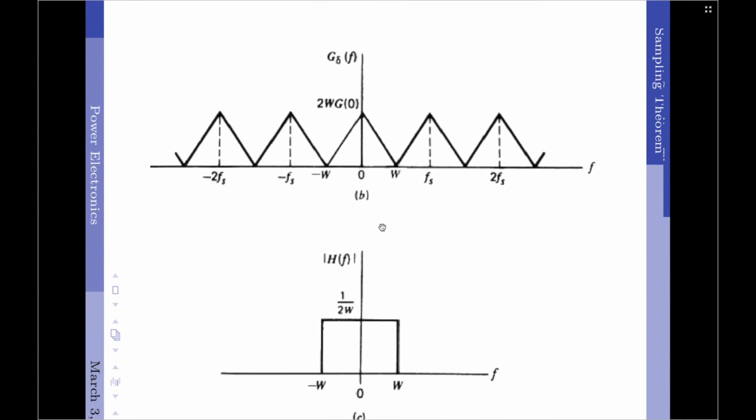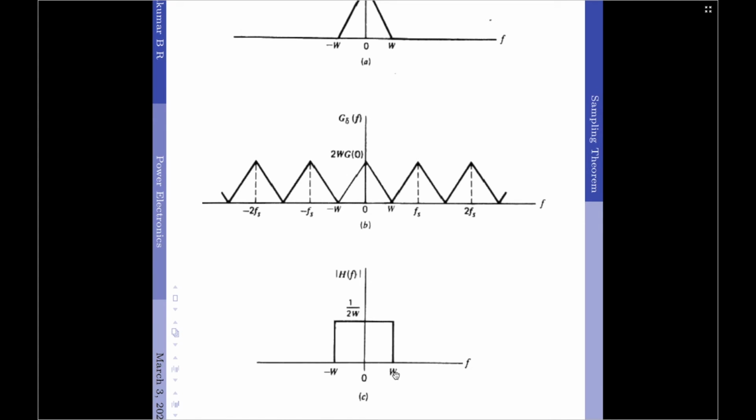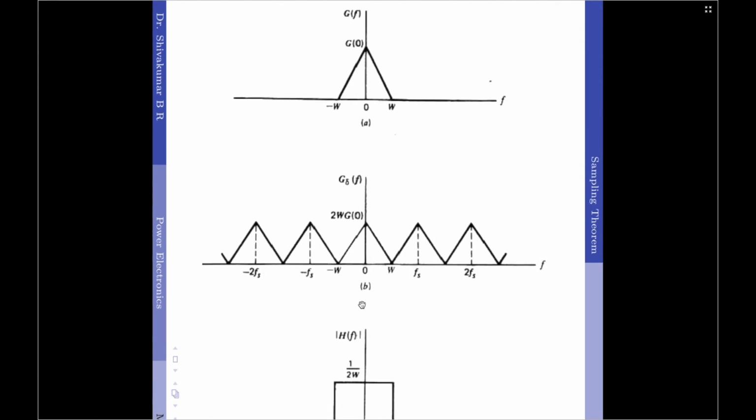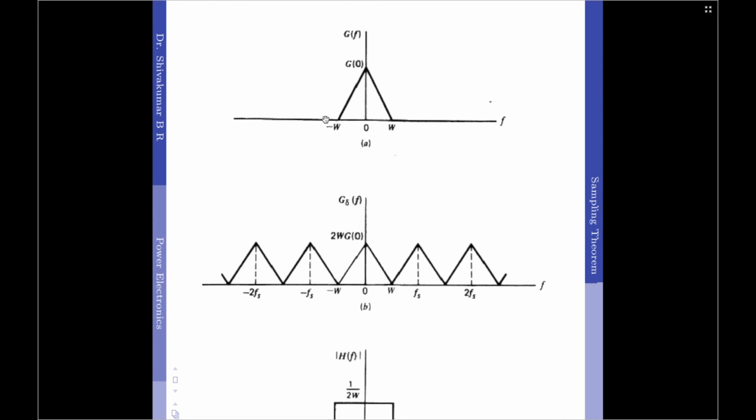So, this is what is being shown in diagram 3 here. As per the discussion, if our reconstruction filter is limited only between minus W to plus W, then passing G delta of t through such a filter will only retain frequencies between minus W to plus W. Additionally, since the sampling procedure has changed the amplitude of the sampled signal by the factor 2W, the reconstruction filter amplitude response is given by 1 by 2W. So, we will have these factors cancelled and therefore, we will obtain the amplitude of the original signal as it